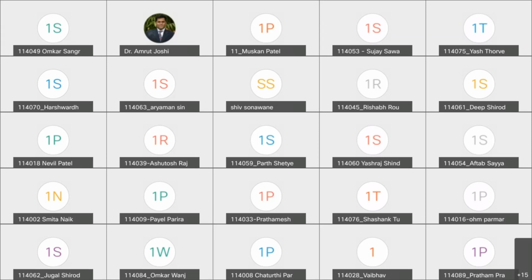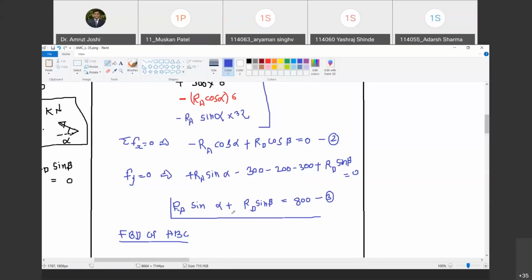Yes, sir. So therefore now I am going to give a cut at C and consider the free body diagram of the left hand side part. So I will give the cut just right of C. Now I am going to draw the free body diagram of portion ABC. Happy? Sir, I cannot see your screen. Oh, you are not able to see my screen. Okay, 1 minute. And now is the screen visible?